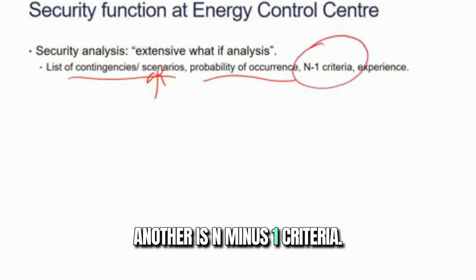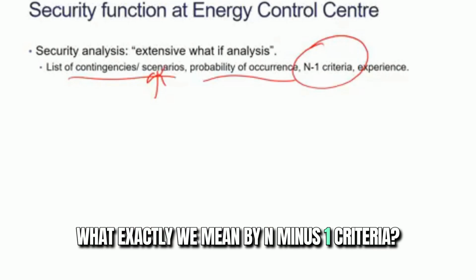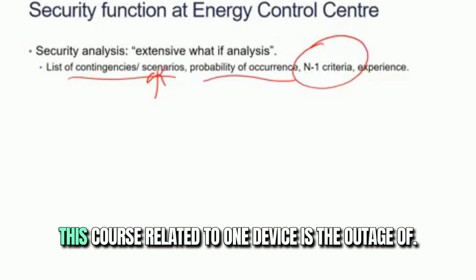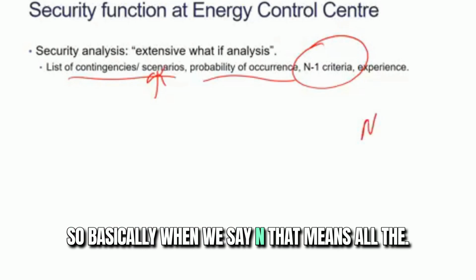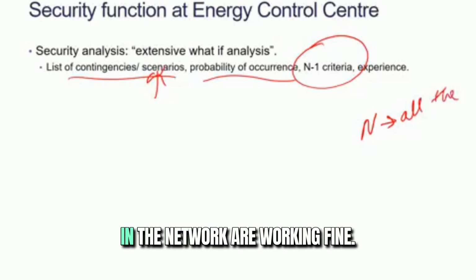Another is the N-1 criteria. Anybody aware of the N-1 criteria? What exactly do we mean by N-1 criteria? We are going to see this a lot during this course. But I think it is related to contingency analysis, when one device is out. Exactly. Perfect. Good. So basically, when we say N, that means all the components which are connected in the network